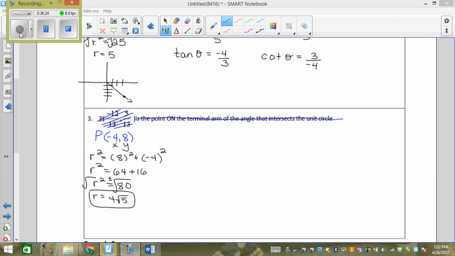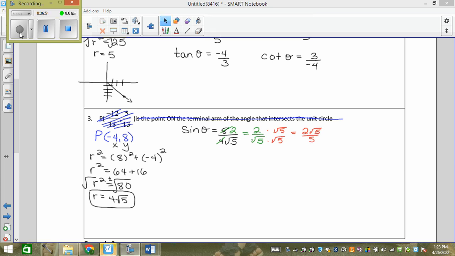And then I need to do sine, y over r, so 8 over 4 root 5. The 8 and the 4, I can take the 4 out, so I'm left with 2 root 5. And then I need to rationalize it. So I get 2 root 5 over